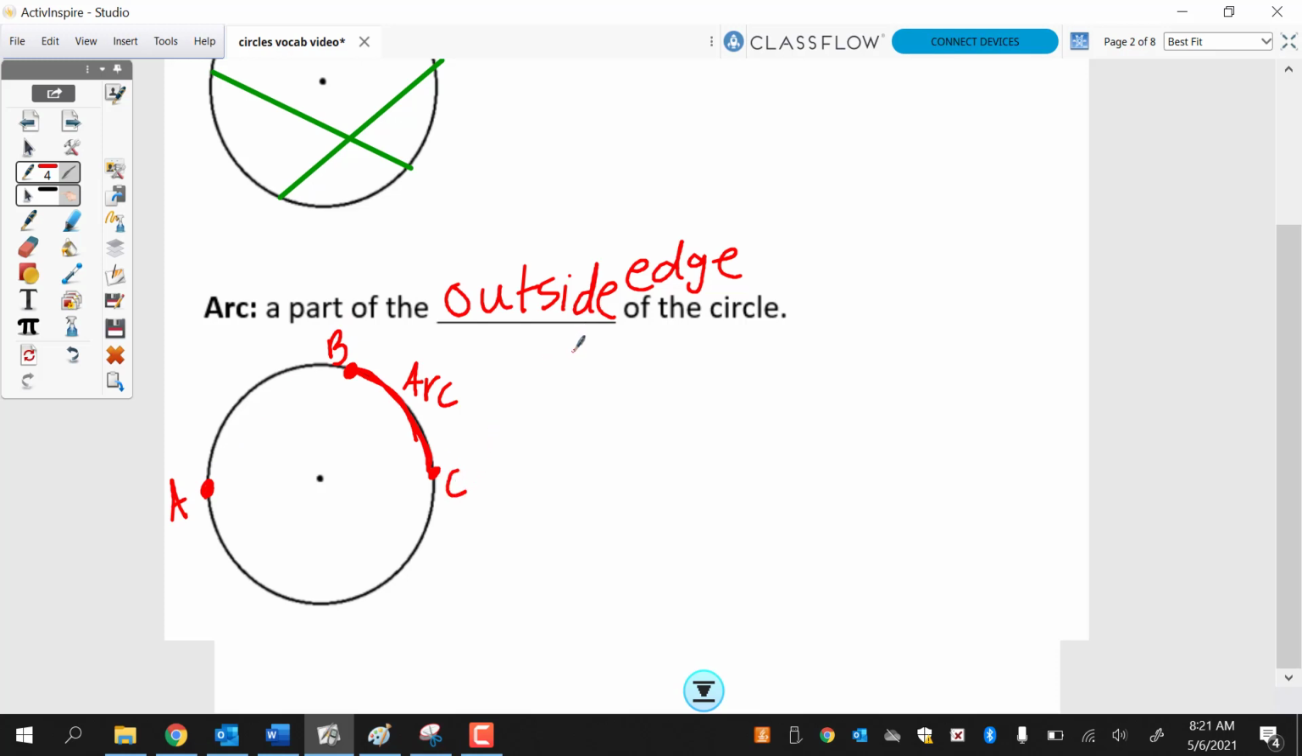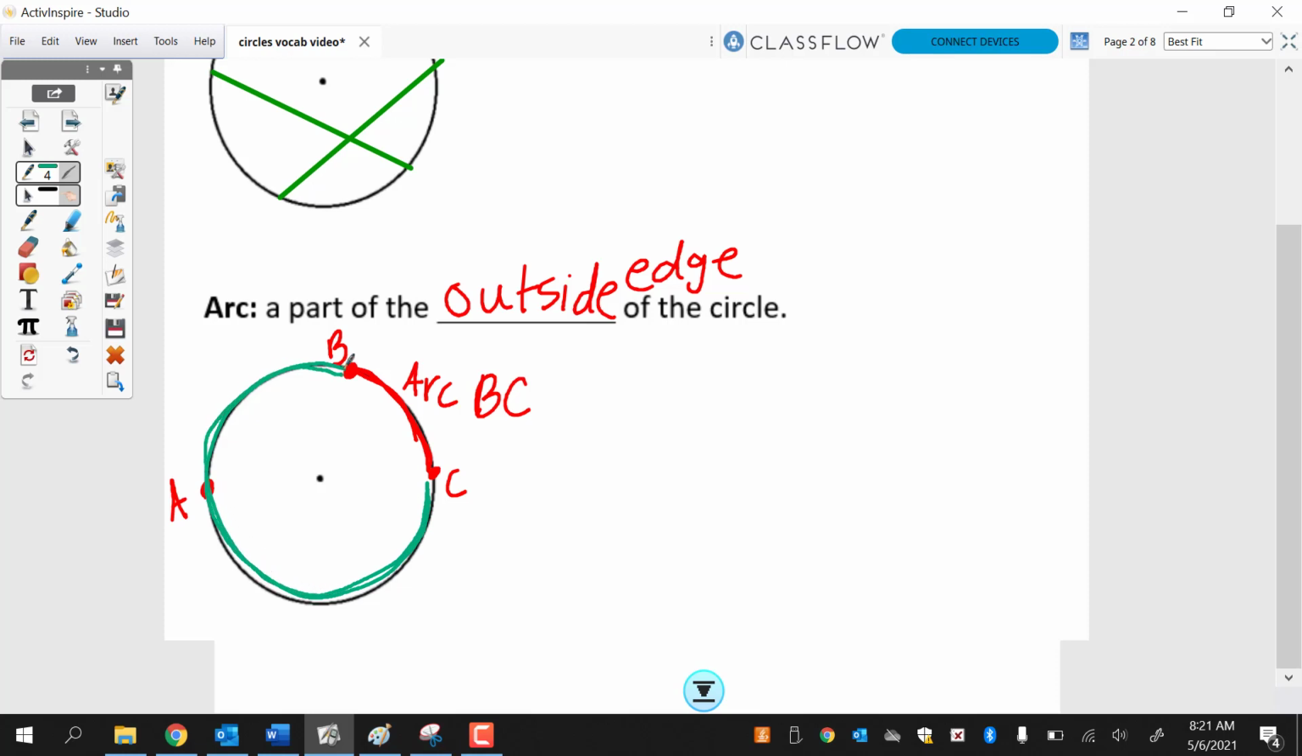So in this drawing, there's a couple different arcs. We can name an arc with 2 letters or 3 letters. This arc right here, since it goes directly from B to C and there's no other points in the middle, then that's arc BC right there. If we go around the other way, so if I want to talk about the arc going this way, the big one right there,